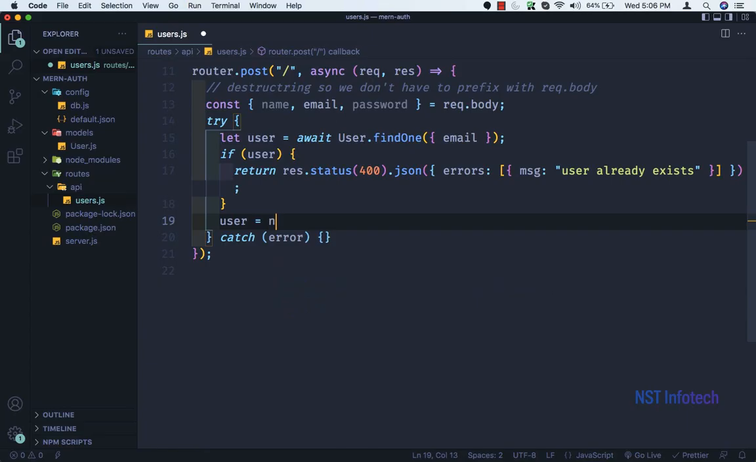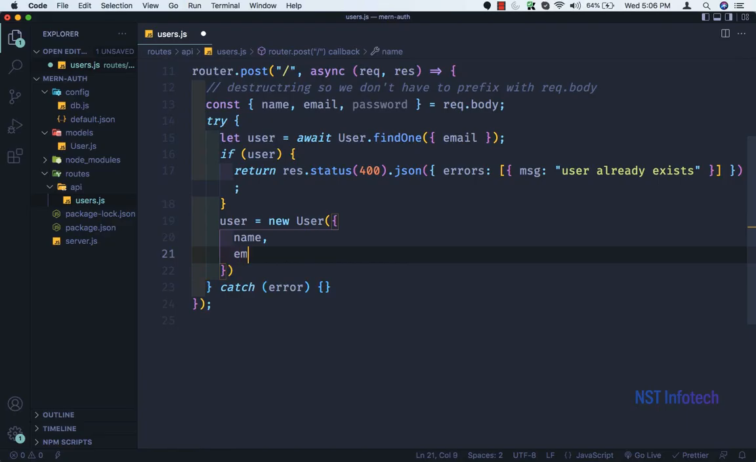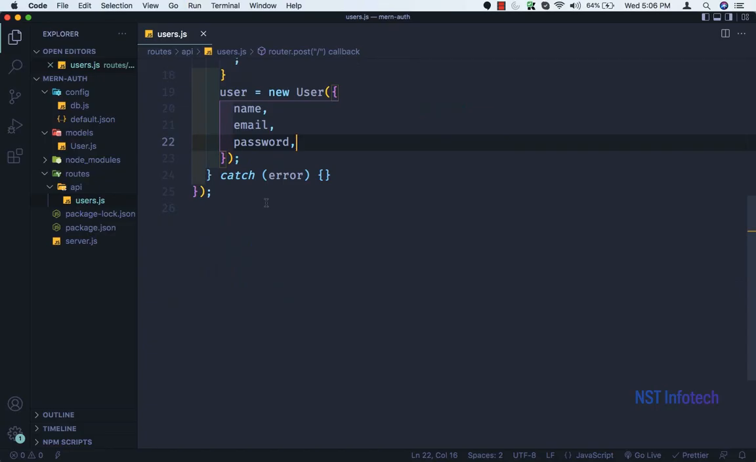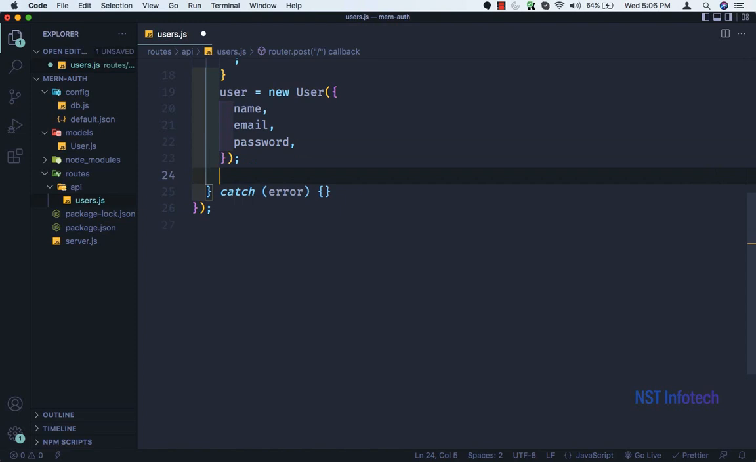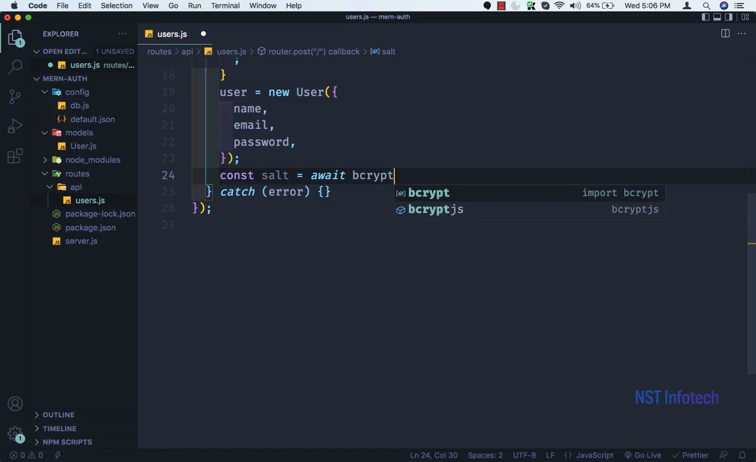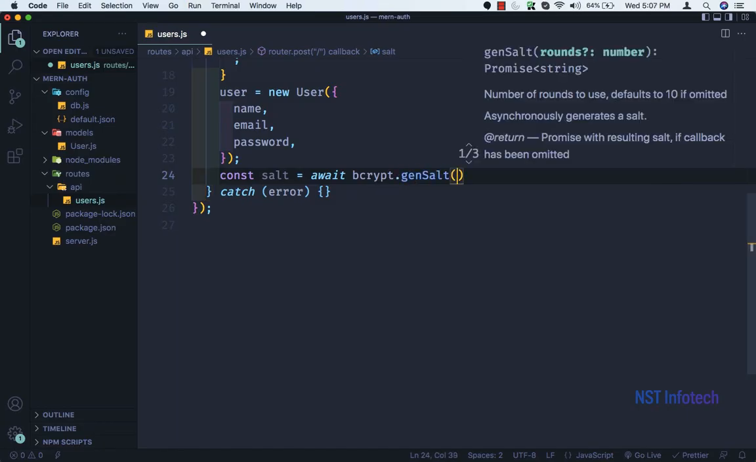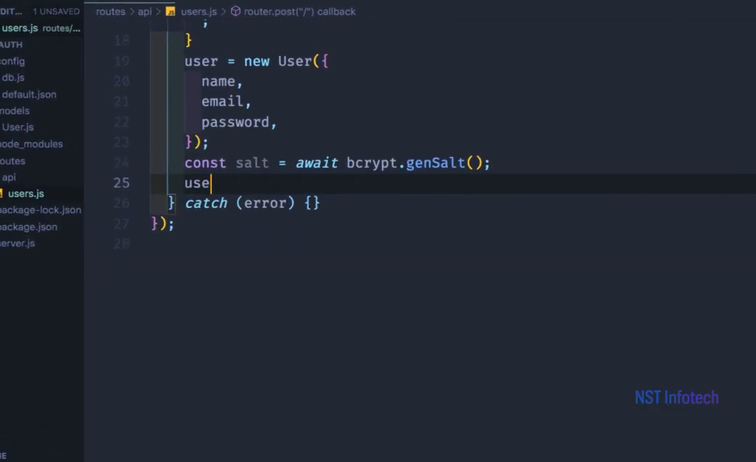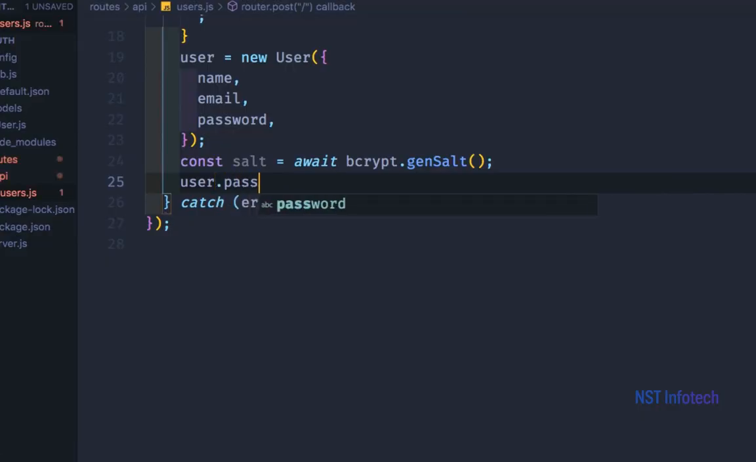Then if the user does not exist, then we need to create the user. So user equals new User, okay, and we need name, email, and password. And then we will create a salt using a function called bcrypt.genSalt. Okay, so here I'll take a variable const salt equals await, and the function is bcrypt.genSalt. Okay, save this. Then we will create the user password. So user.password